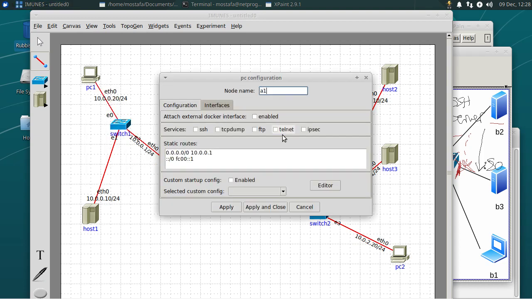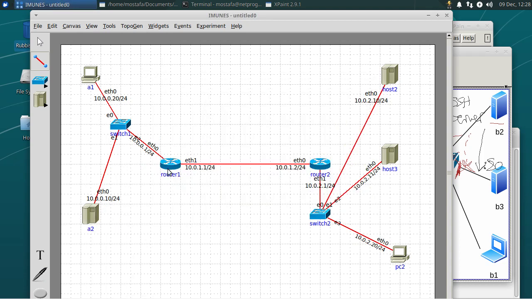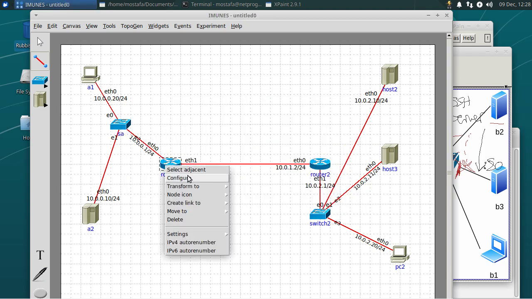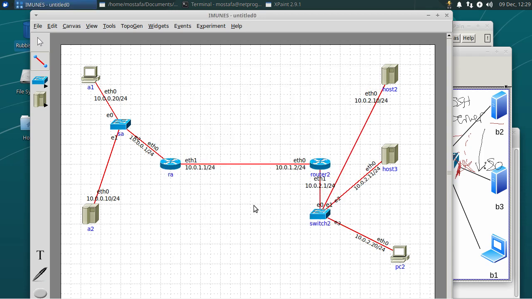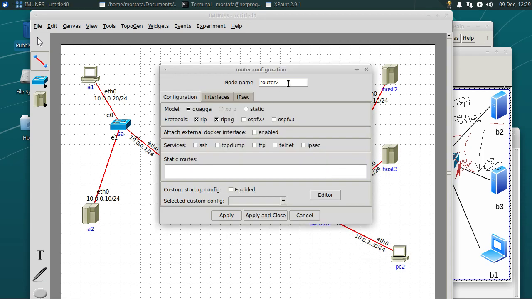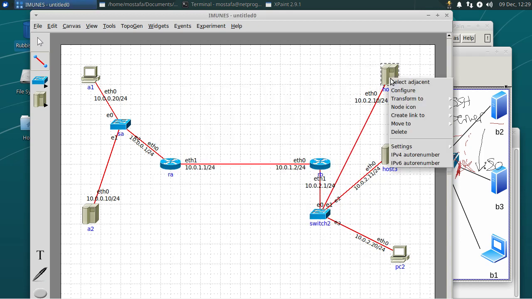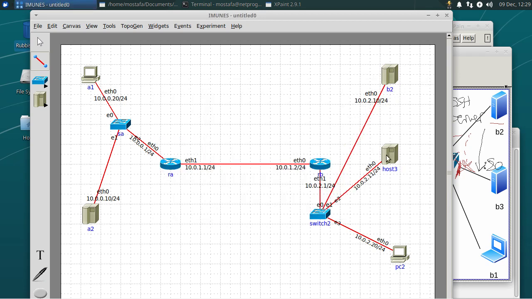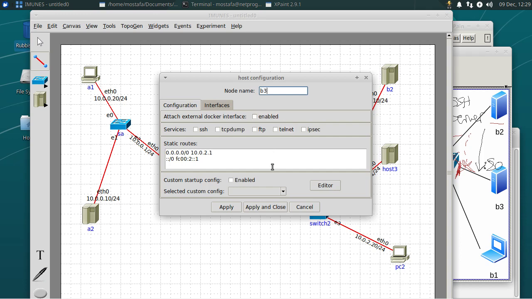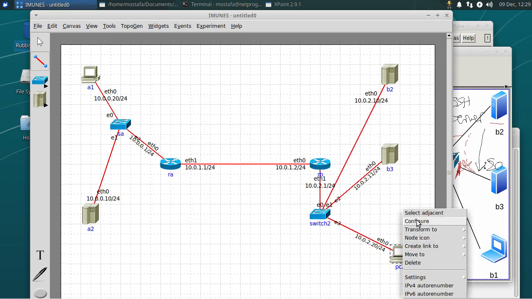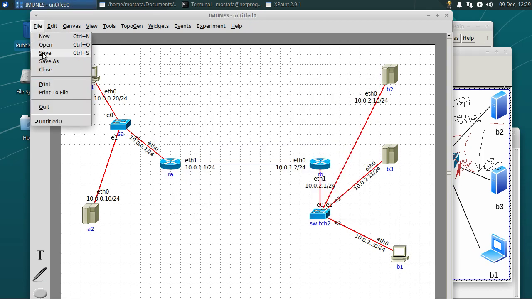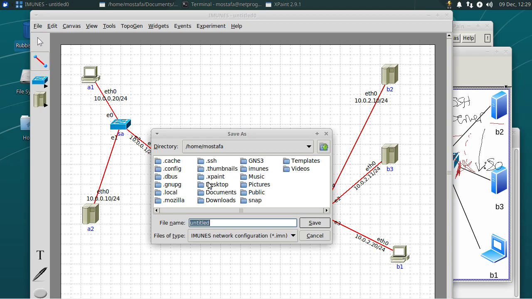So this A1, this A2, SA, RA, RB, B2, B3, and then B1. Okay, and then let me save this document,